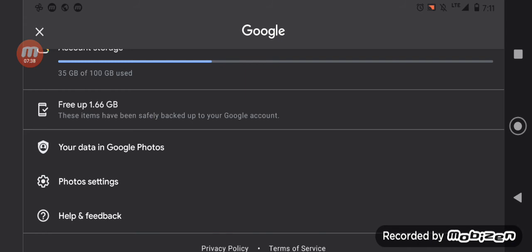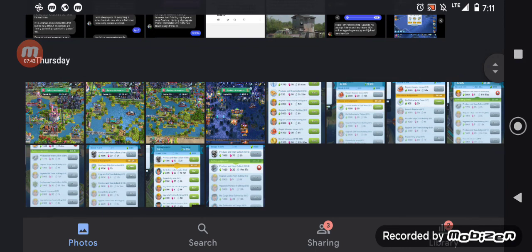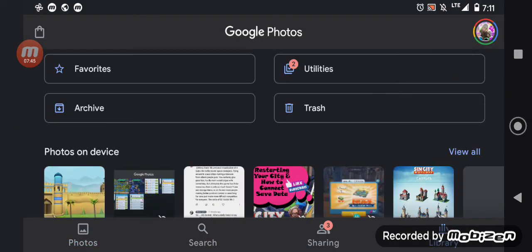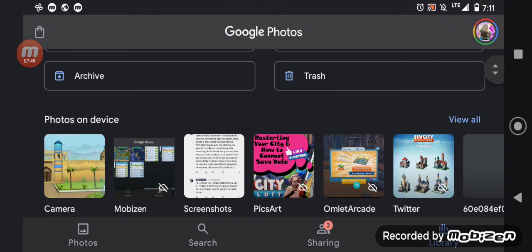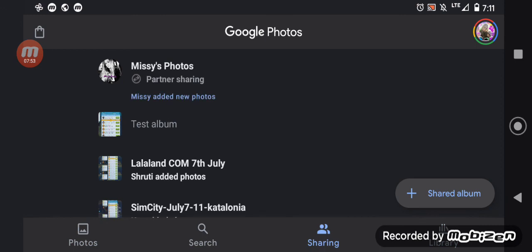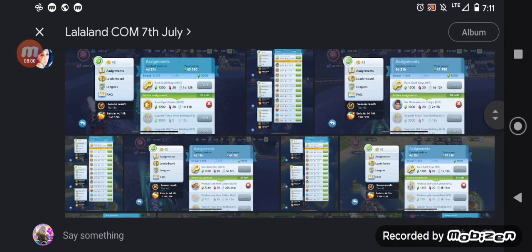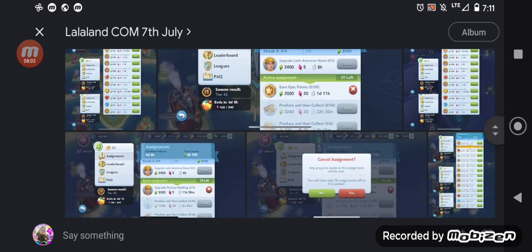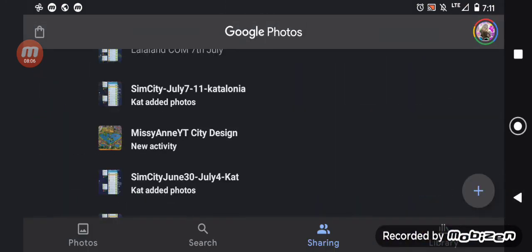So what you would do is open the album, whatever album that it is, and let's see here. You can go to hit sharing. This here shows you all of the ones that you're being shared with or whatever. So right here, this is her album. I can scroll through. If you're trying to search for something like a specific person's face,